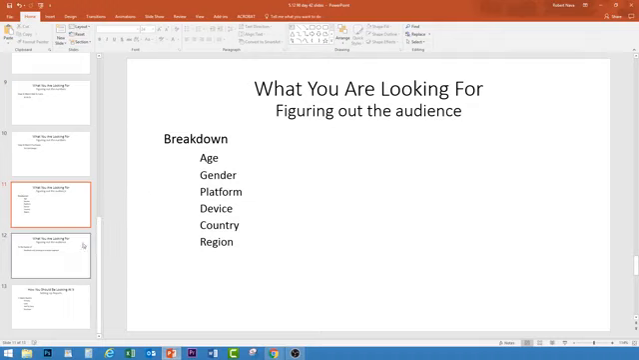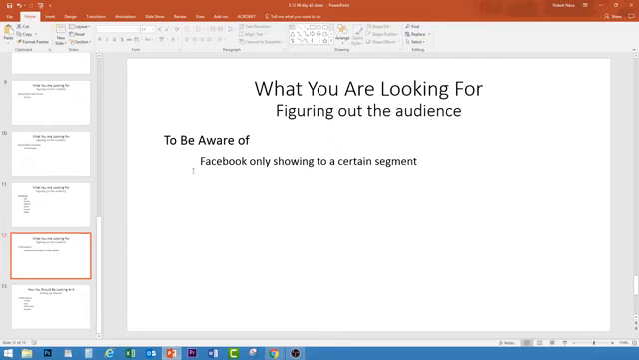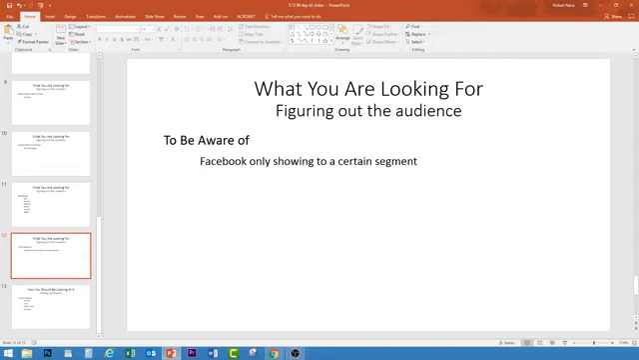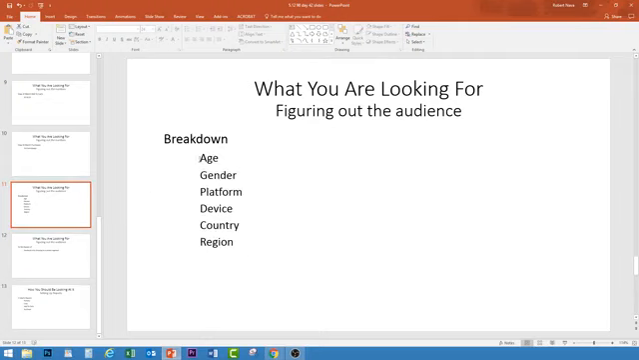So let's go. Okay, next slide. To be aware of, one thing before we start looking at some of this stuff, that's why I have this right here, the breakdown. That's why we look at the breakdown, is because Facebook could only be showing to a certain segment within our overall audience. So if I am targeting ages 18 to 65,